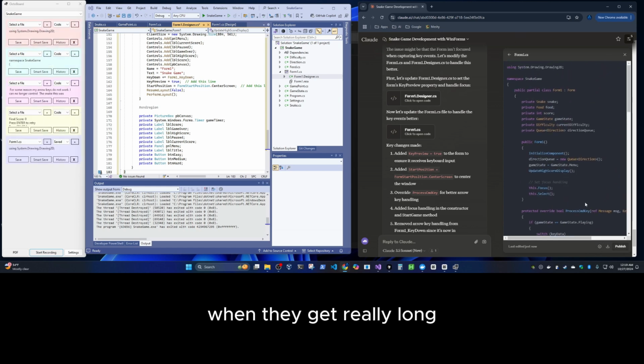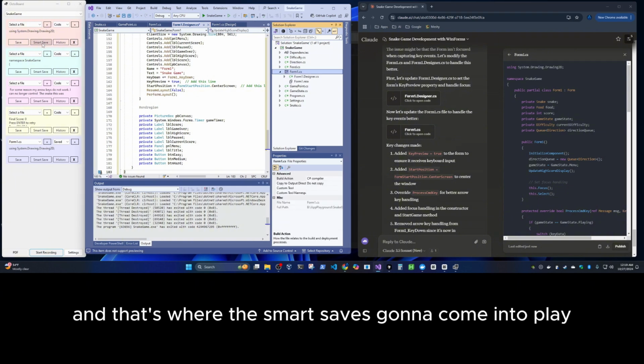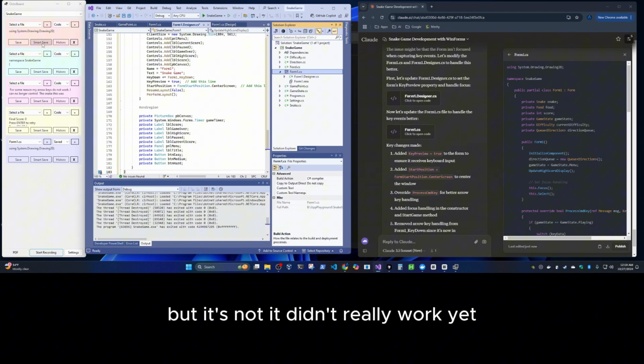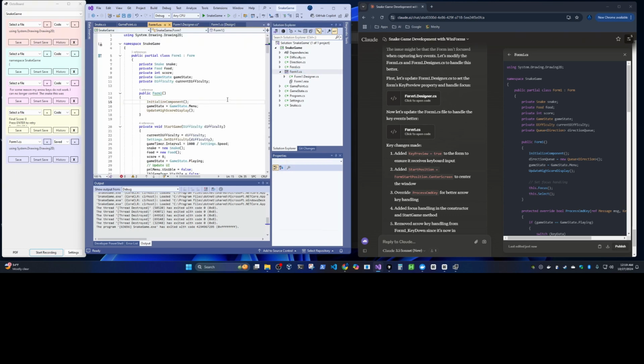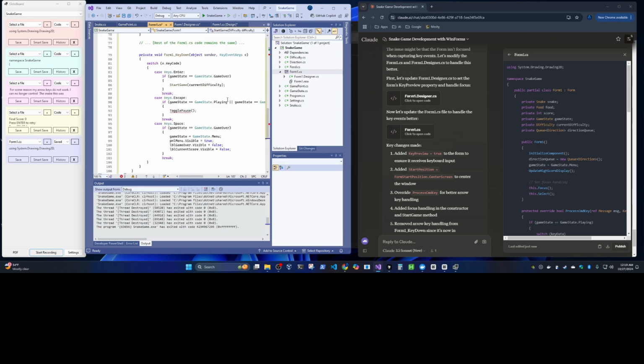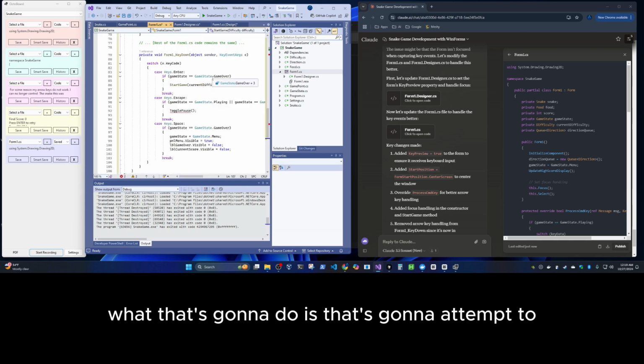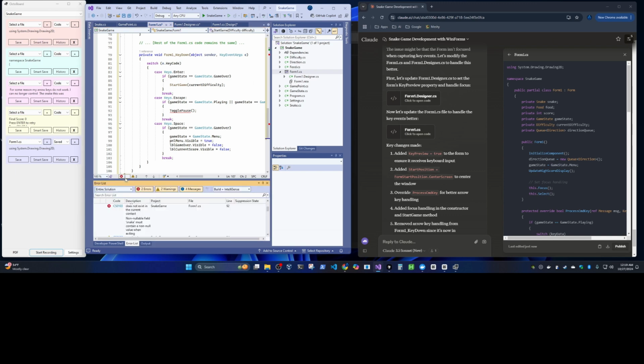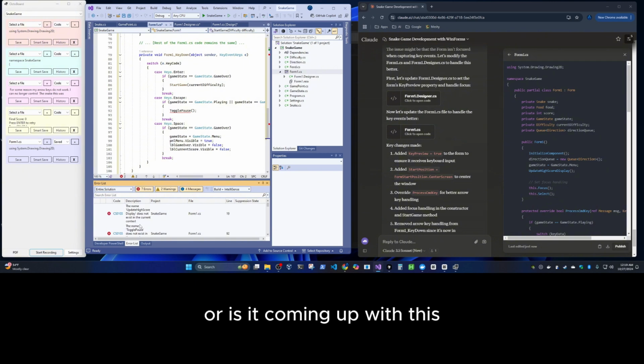When they get really long, that's where the smart save is going to come into play, but it doesn't really work yet. And what that's going to do is attempt to... Where is it coming up with this?